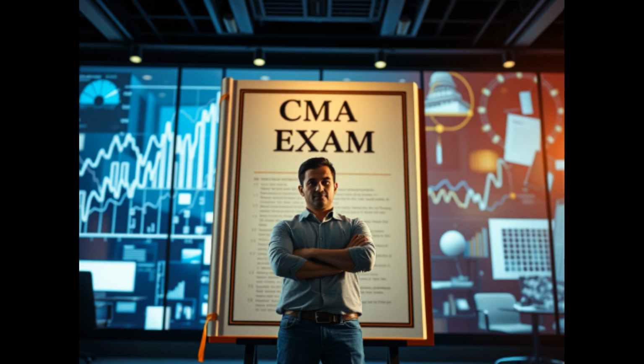Many candidates find success by breaking down the exam content into manageable weekly goals, ensuring steady progress while preventing burnout. Include specific milestones and regular self-assessments to track your progress and adjust your approach as needed. Leveraging multiple learning resources. While review courses provide a solid foundation, successful candidates often supplement their study materials with various